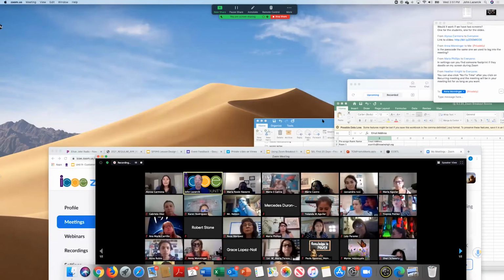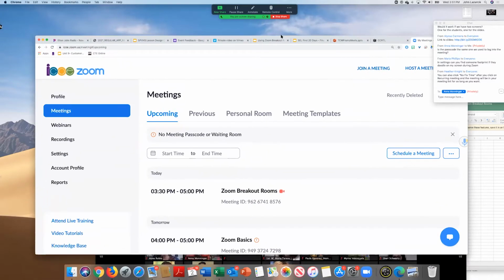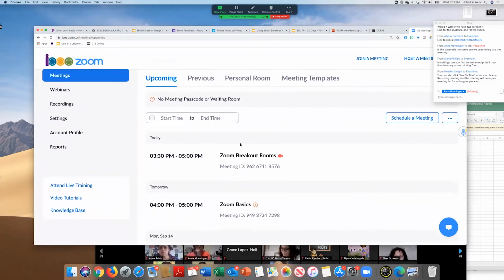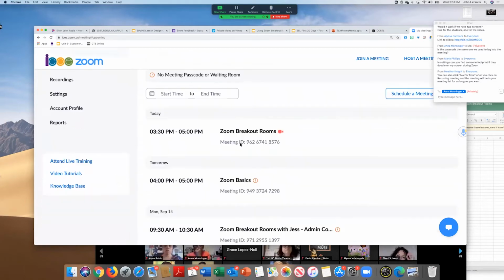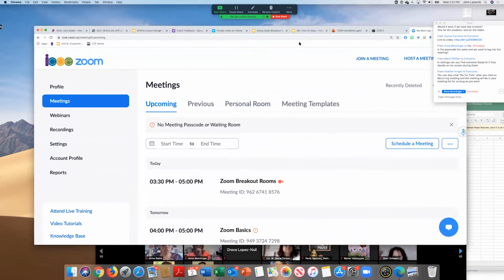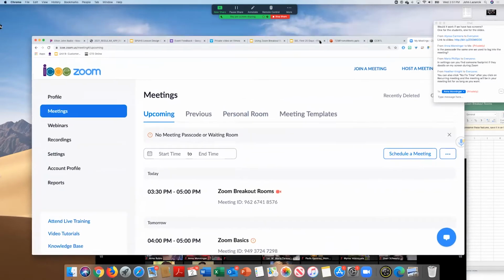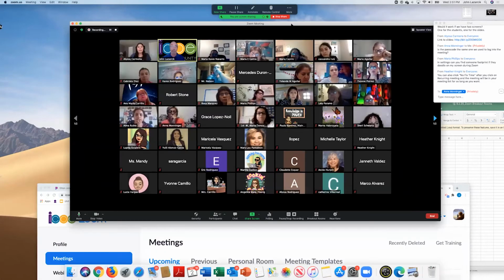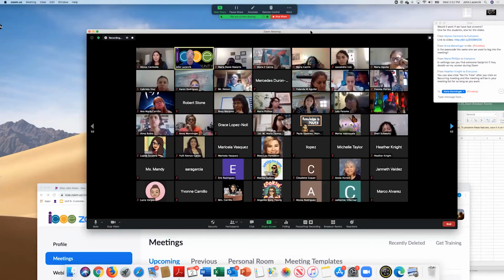Oh, the breakout rooms option. And then what happens if you don't have the premium version? Say that again, that second question, Alyssa. If they don't have the premium version of Zoom, is it different? So even breakout rooms come with any version that you have. Breakout rooms will come with the free version and with the premium version. Breakout rooms is kind of like the universal piece of Zoom.